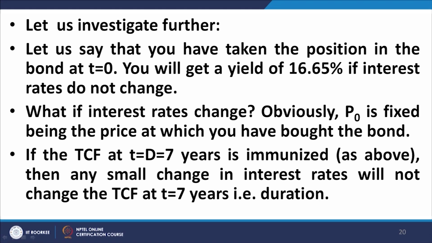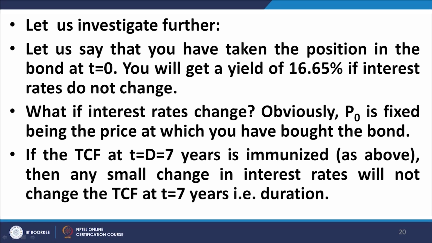Then we also find that if you hold the bond for 7 years, not to the maturity of 25 years, but if you decide to hold the bond up to 7 years, then what happens? Then the total cash flows that you are going to get at the end of 7 years are protected against changes in interest rate. In other words, if there is a change in interest rate between t equal to 0 and t equal to 7, then that change in interest rate is not going to affect your total cash flows at t equal to 7, provided you hold the bond not to its maturity, but to its duration, which is